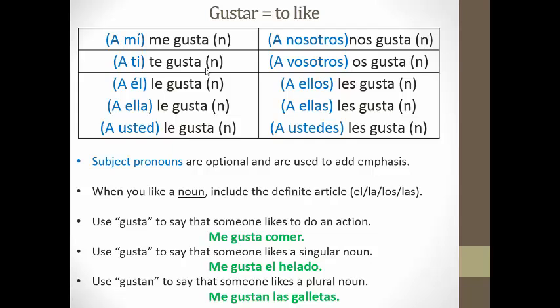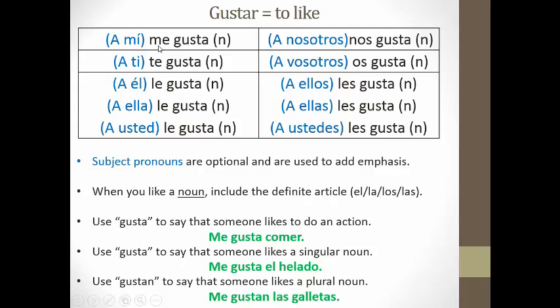If you want to add emphasis, you can say a mí me gusta. The a mí is optional. If you choose to put the subject pronoun in front, you're going to need the a before your subject, because it is matching the indirect object pronoun here.